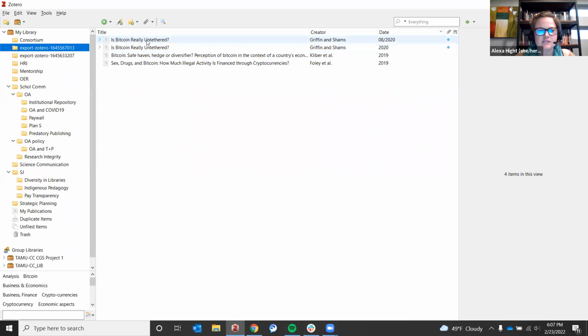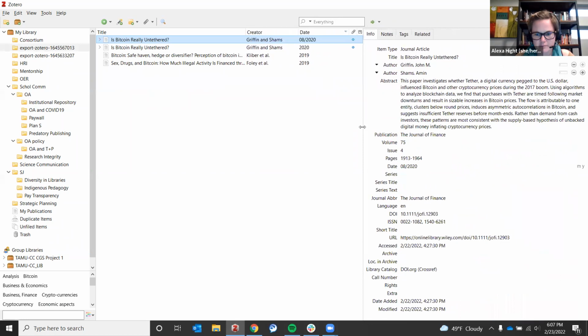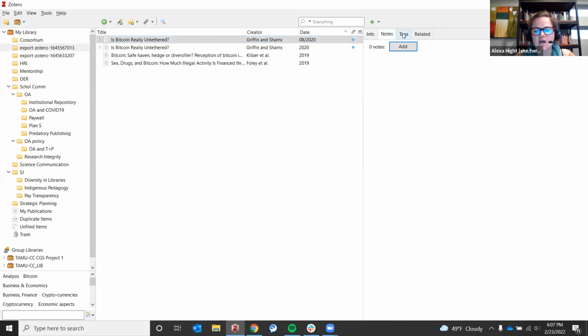And then it can keep track of all the citation information that you would need, as well as you can keep notes. So as you're reading the PDF, you can put notes into this folder. You can also add tags. So you can say, my tag is, first chapter of your dissertation, for example, that you really want to go in depth in. And then you can also say this article is related to this other article or something like that.